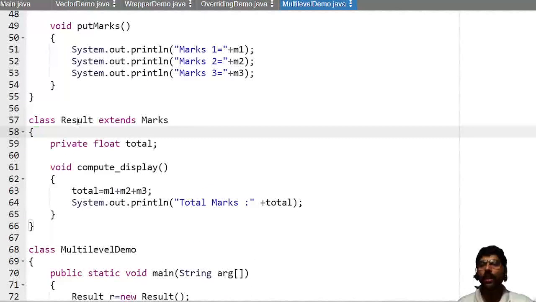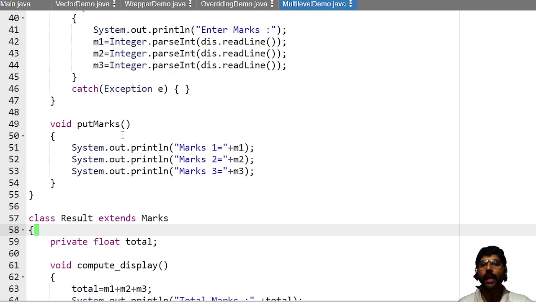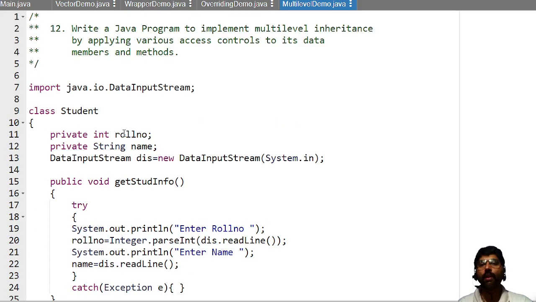This result class contains some of the properties from the student as well as some of the properties from the marks. We will study what are the different properties or data members or methods which are inherited from its parents, either from student or from marks. That concept will be explained by visibility control or access control.